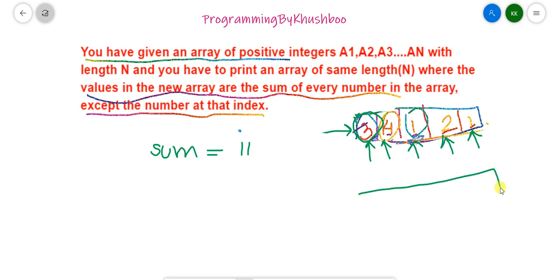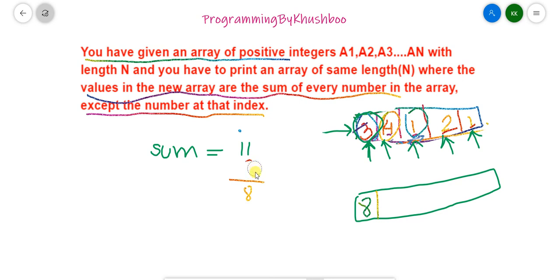In the new array, for the first time we need to skip this value. Skip in the sense of subtract this value from the summation. So we simply subtract that index value, 11 minus 3, that is 8, and we print 8 here.